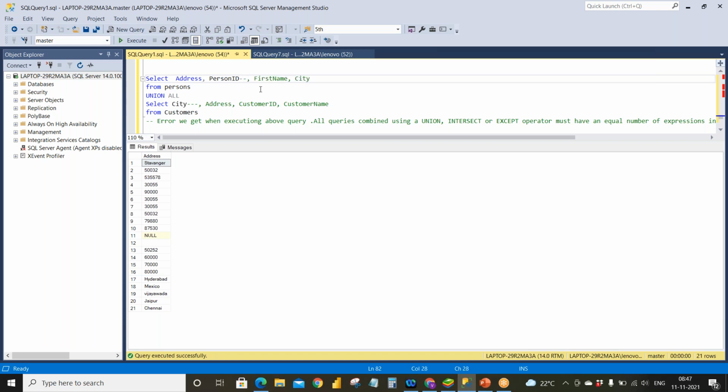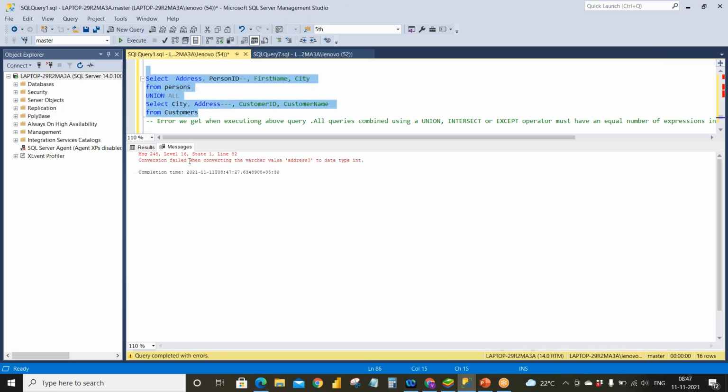Person ID. Okay, now the problem arises. Why? Because person ID is an integer and address is a varchar. So it will not allow us to get the data. It's saying that person ID is an integer and address is a varchar, so it will not allow.